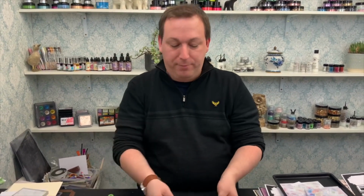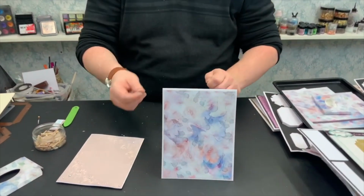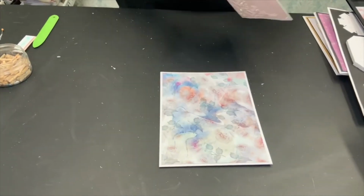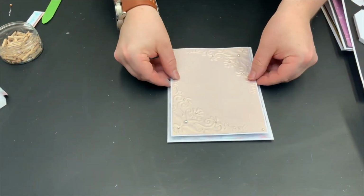So I've already gone ahead, now let's have a look here, I've got my paper that I've put on here. This is my Floral Fusion paper pad. I've put that already onto the background, just one of the sheets from in that pad. We're then going to take our Symmetry and Play embossing folder, and I've done this again on our Rose Gold Pearl card, and I've already gone ahead and layered that onto some white card, and we're going to pop that